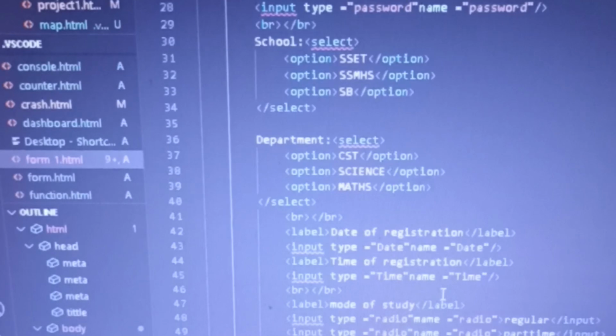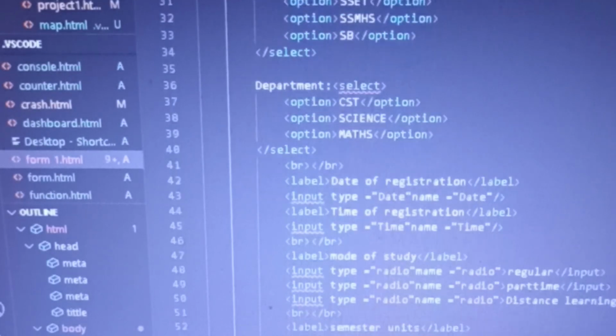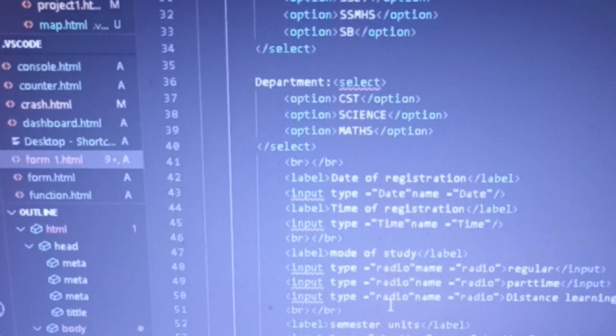Mode of study, where we're going to create in this form. We input type radio, we give its name radio: regular, part time, distance. This radio will, when you are a regular student or part time, allow you to choose just one from the radios. If you select the other one, the first one automatically disappears. It opts for the last option. Next is semester units. Here we are going to use the